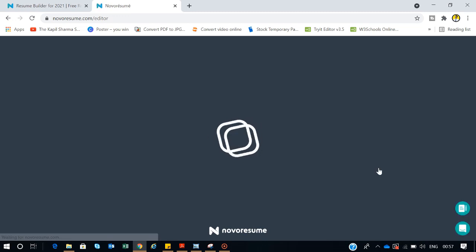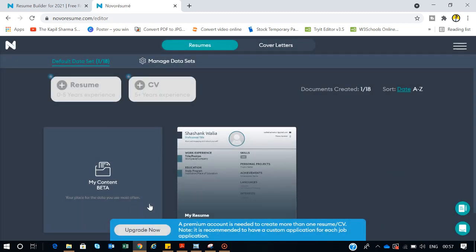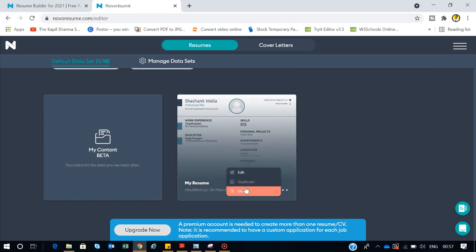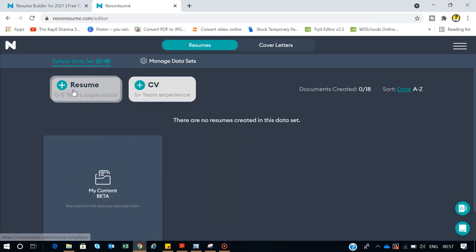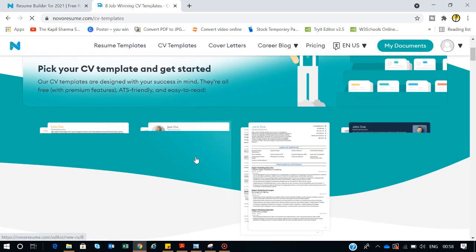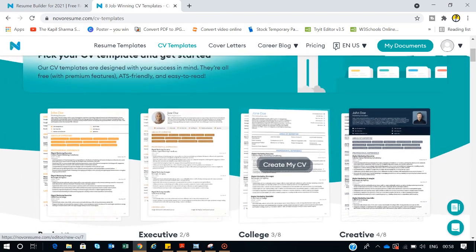Now it's opening up here. As you see, if you have already signed up with your Google, it will take the details from your Google account like your name and your email ID, and it will create a sample resume for you. And if you don't see this, you can delete it, right? I will delete it. Okay, now I will again go to the resume because I have 0 to, I will go to CV plus, I have 5+ years of experience. Go to CV, and again I will go with the